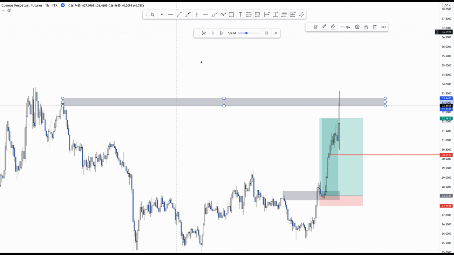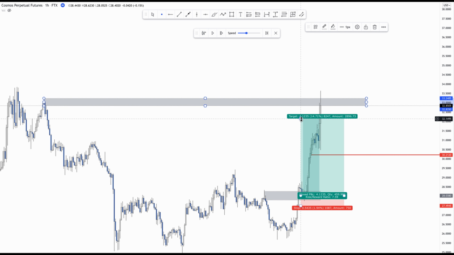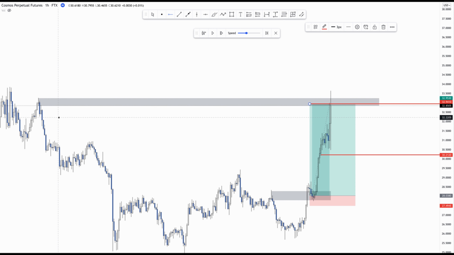So for me, at this point, if I have my stop here, I would have exited this market at this point, okay? I would have closed my trade here, right? You say, why would you want to close your trade here? Because based on the market structure, based on understanding liquidity, the next thing that would happen